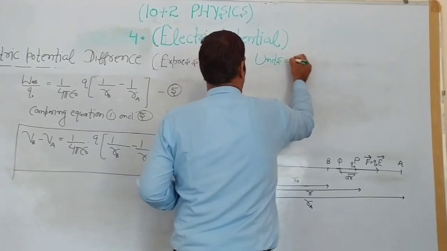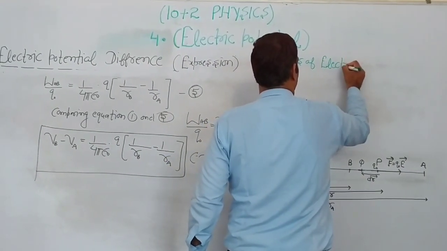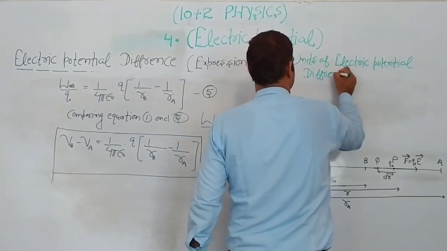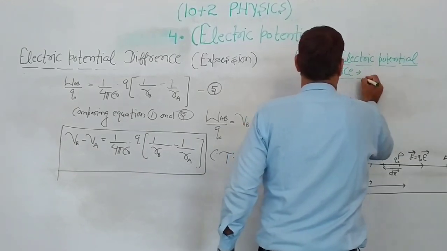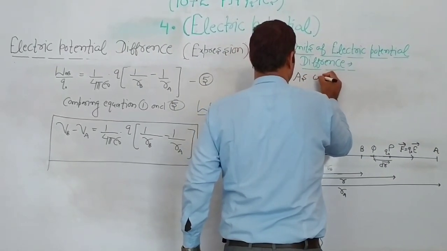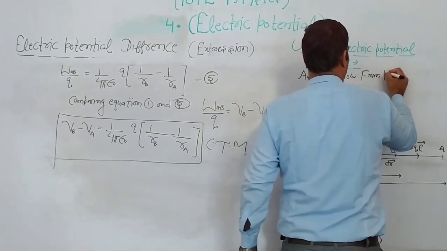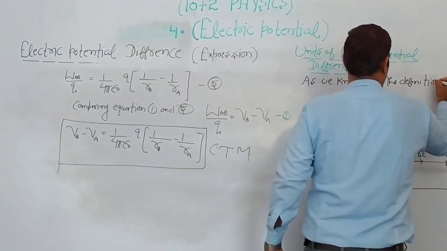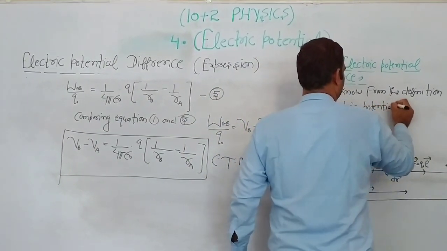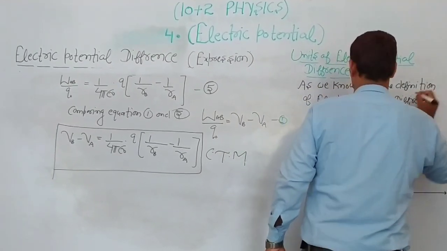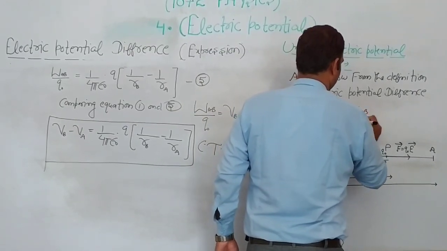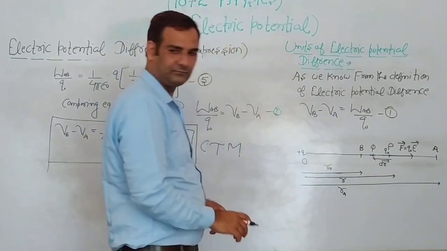Units of electric potential difference. Unit of electric potential difference, as we know from the definition of electric potential difference, V_B minus V_A is equal to W_AB by Q naught. This was equation number 1. So from here,